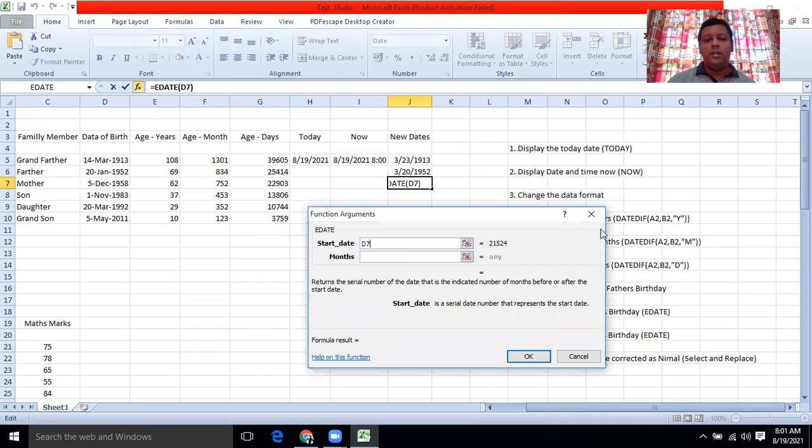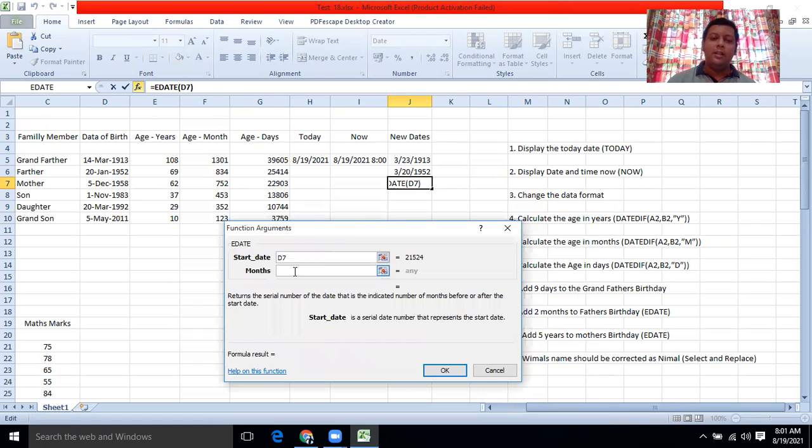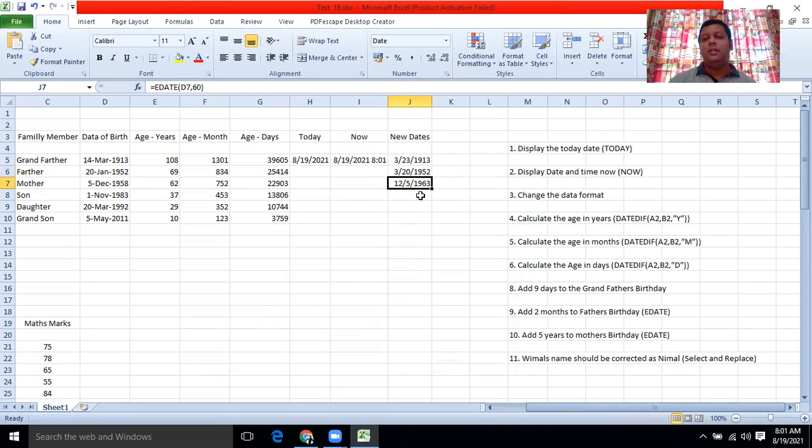Now you have to add 5 years. So what you have to do is, here it is asking how many months to add. So we have to calculate it manually. So we need to add 5 years now. Then 60 months, 5 into 12. So then click OK. Now it calculates the answer. So we want to add 5 years to 1958. Now it is 1963. Also, after saving this document,